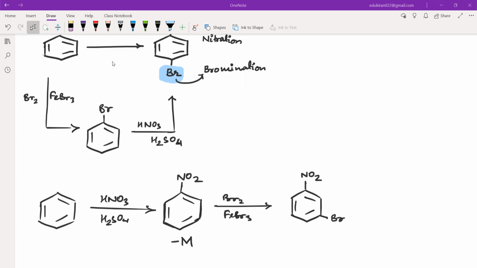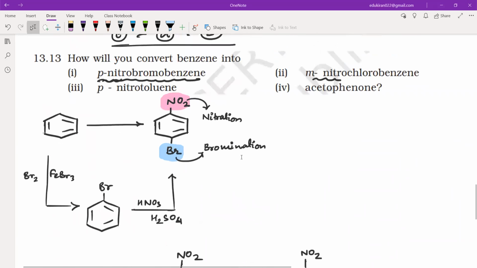Take your time. Yes, I understood. What? Tell me. Explain. Because the NO2 is minus M, so we got to know we have to put the substituent group in the